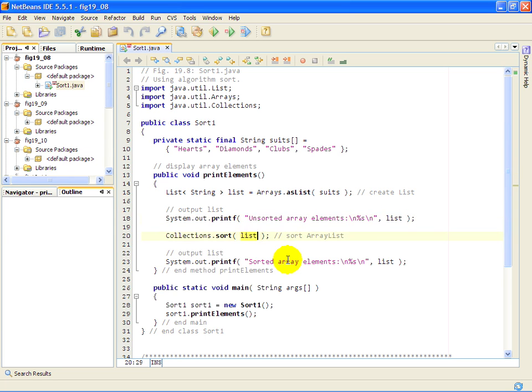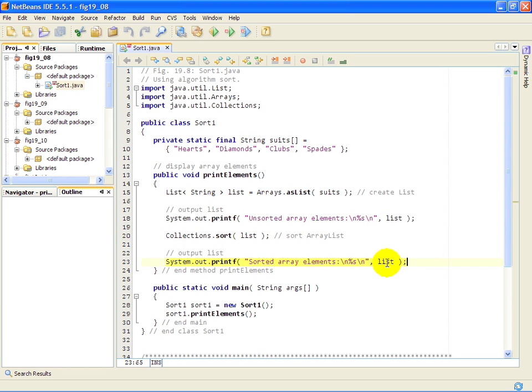And then we're going to sort that list using the Collections class's sort method. Now, this will only compile if the list is a list of some type that knows how to be compared using the Comparable interface. So strings are comparable. For example, also all of the type wrapper classes built into the java.lang package, objects of those classes are comparable. So you can use things that are already comparable with this version of the sort method, and in a subsequent example we'll show you how to create your own way to compare objects that are not already comparable. So we're going to sort the objects in this case, and then we're going to output the collection